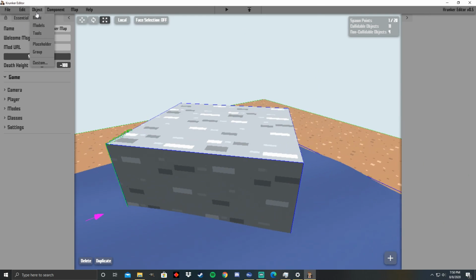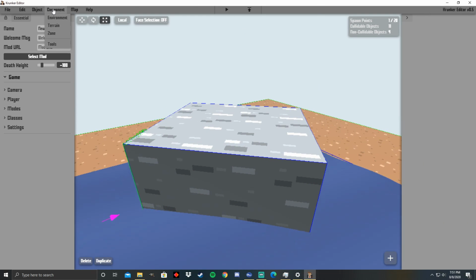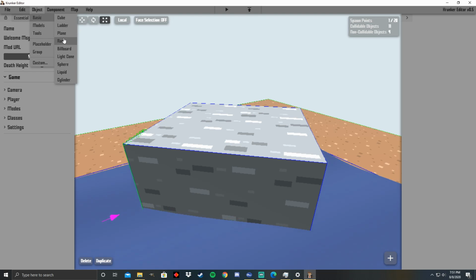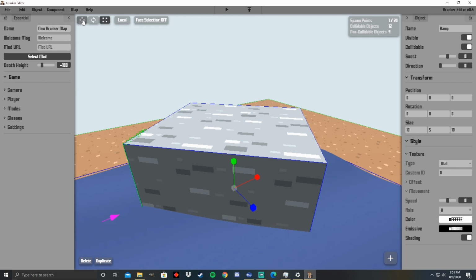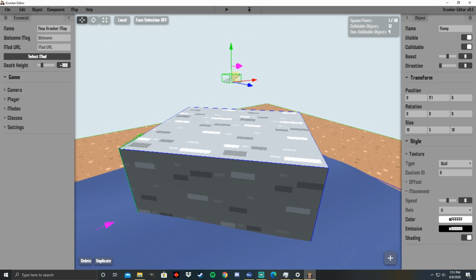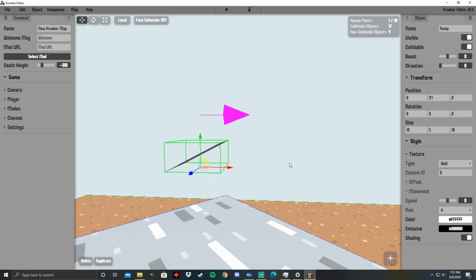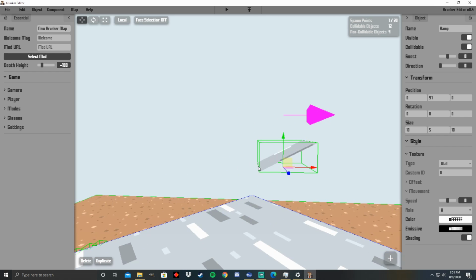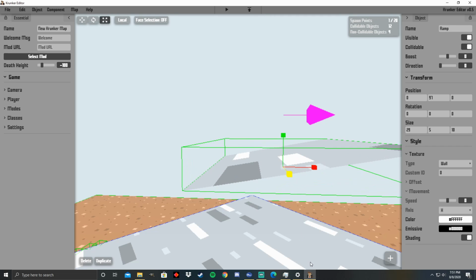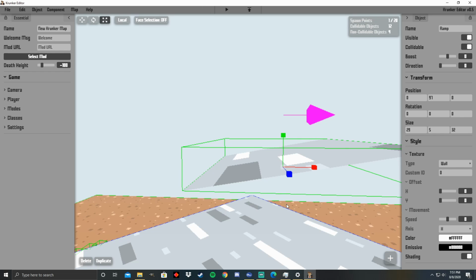And other than that, you have your ramps and your planes, which are extremely simple. You have your ramp right here, which is just a singular plane, but at a 45-degree angle or whatever angle you want it to be. It just goes from one corner or one edge to another edge, and you can make it whichever shape you want. And if you want to change the way that it's rotated, all you have to do is go down into here and